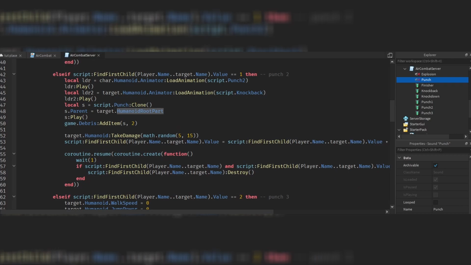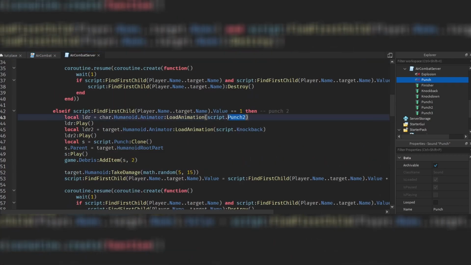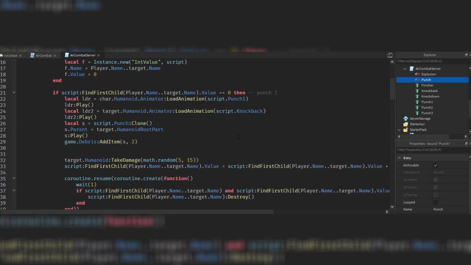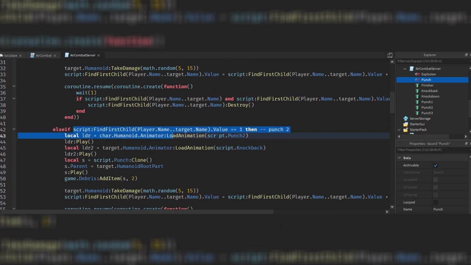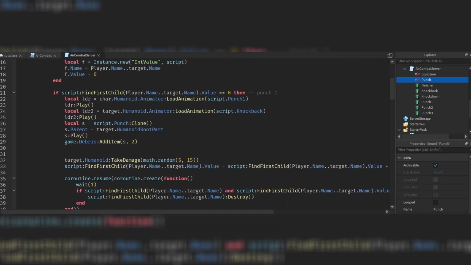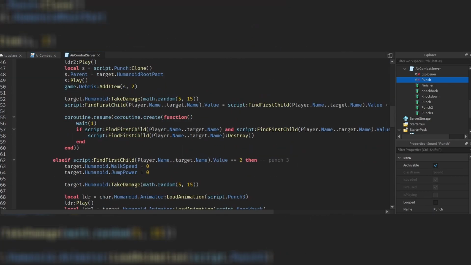Also, one more thing I wanted to mention is that we now play punch 2 right here. Okay, so do not forget that. So at the second check right here, punch 2. Up here we had punch 1. Do not forget about that. Okay,